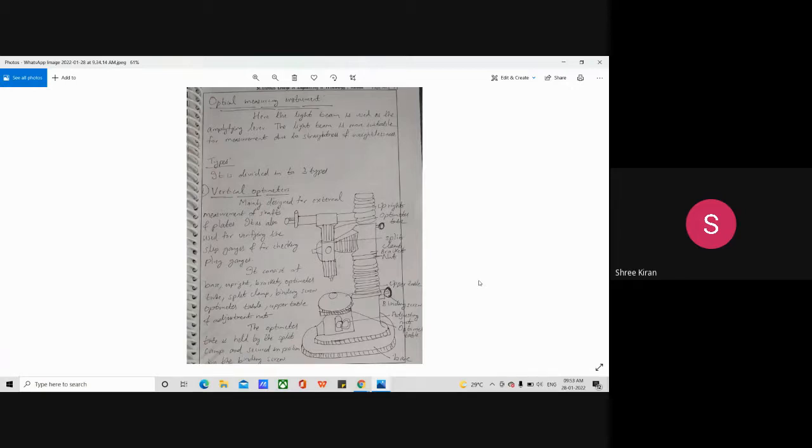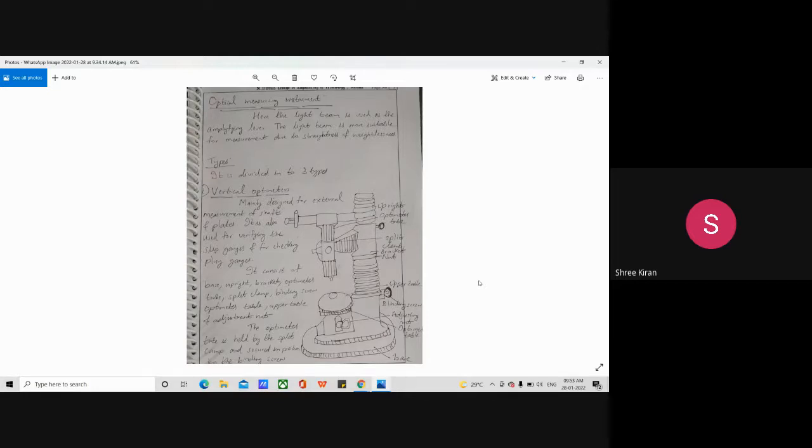Now we are going to study the various types. Mainly it is divided into three types as per the syllabus. Before that, an overview: in the optical instrument, a light beam is used for amplifying the lever. The light beam is more suitable for measurement due to its straightness and weightlessness, and it is an accepted fact that light waves provide the best standard for length. Optical measurements are largely employed because of their simple, easy, accurate, and reliable means of carrying out inspection and measurements in industry.